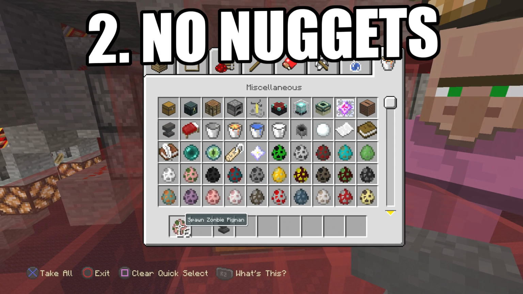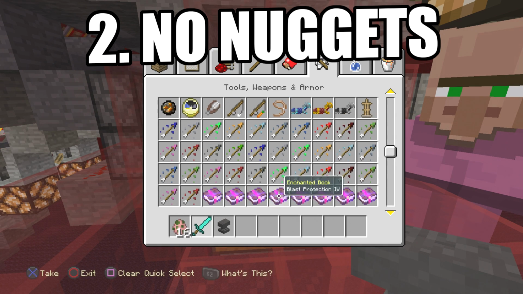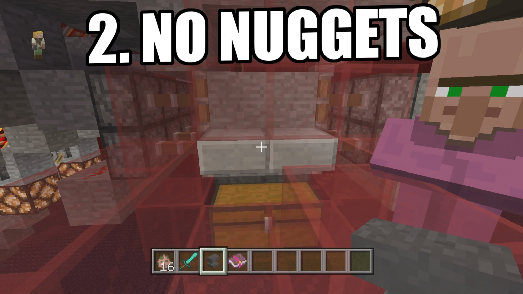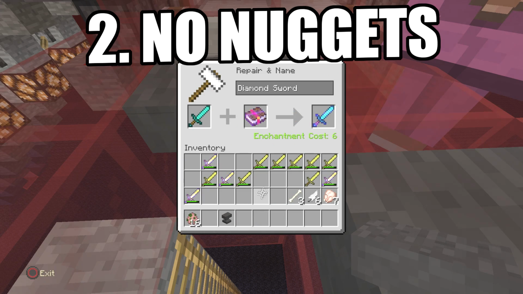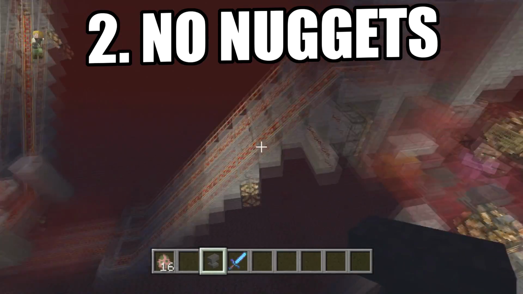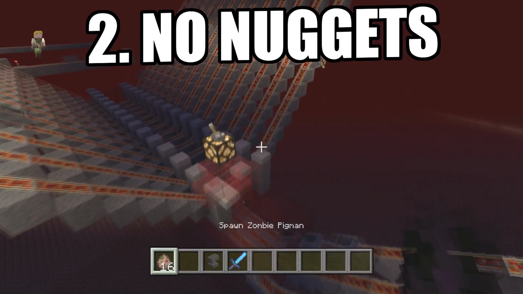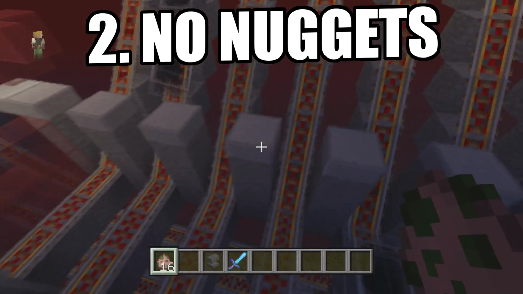So let's just go ahead and do what I was trying to do. All we need is a sword, since I'm a dummy, and a looting 3. So let's put this guy down. Let's go in here. Let's put this guy here, this guy here. So now we're going to take a looting 3 sword. Again, keep in mind that my farm has completely stopped working. So let's go ahead and throw a few more in